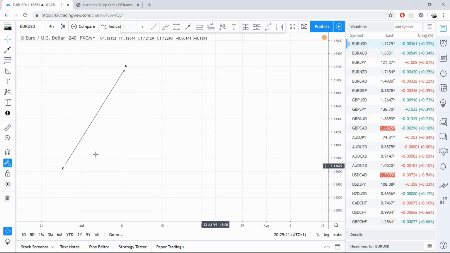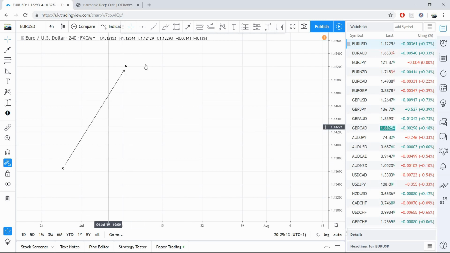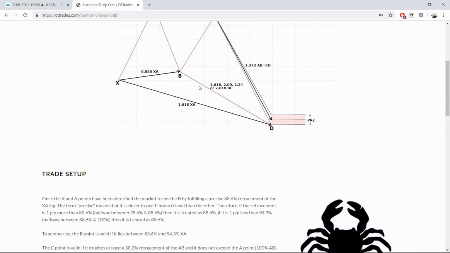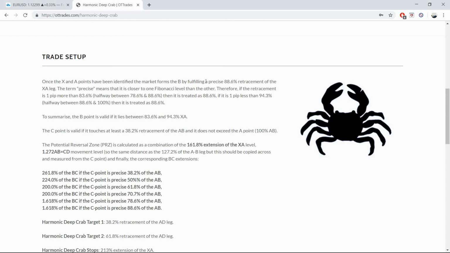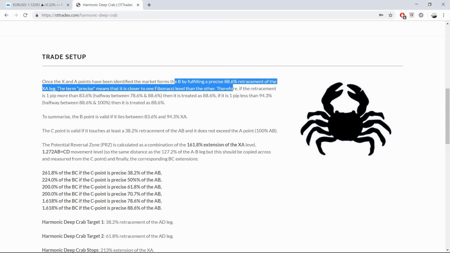At the D point here, we're going to look for a reversal in the same direction as this X to A point. In this instance, the X to A point is bullish, so we're going to look for a bullish reversal for the end of the pattern. The first level that we're going to look for, defined by Fibonacci ratios, is the B point. As you can see here, the B point is formed by fulfilling a precise 886 retracement of the X to